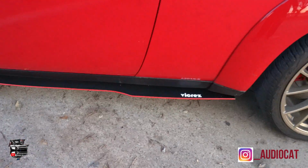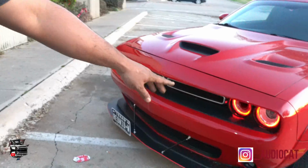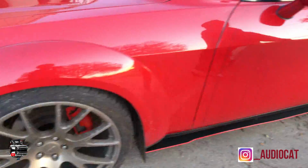We installed the lower splitter for the side skirts. We installed the front splitter for the front. Up front, we did the DRL with the ghost module, just so he can have whatever color, whatever patterns he wants to do. We got it in red for right now, so the car's ready, he can get that going. We got all that done for him. We also did the wheel spacers to bring them out. We also got,